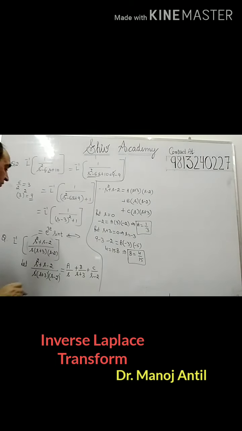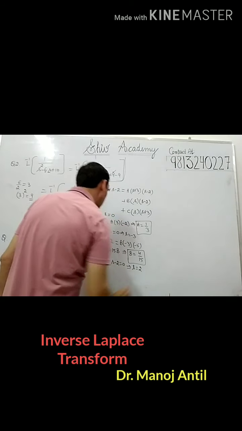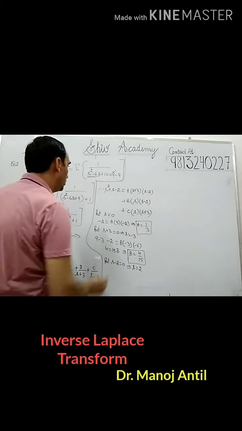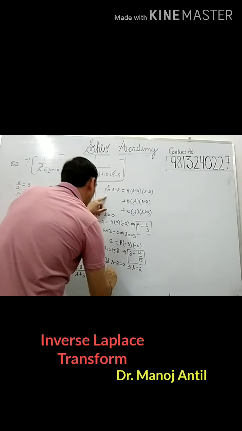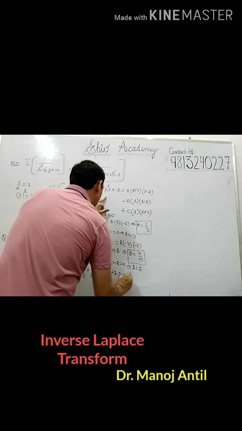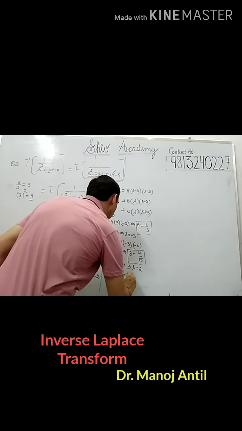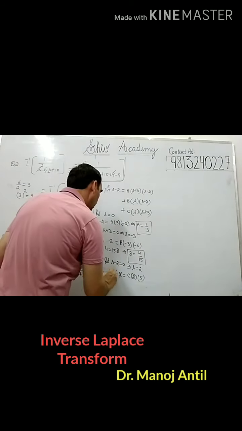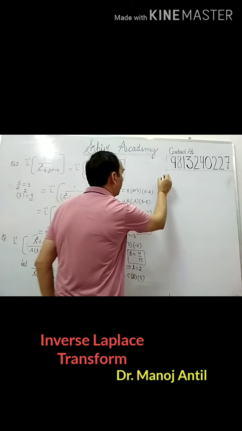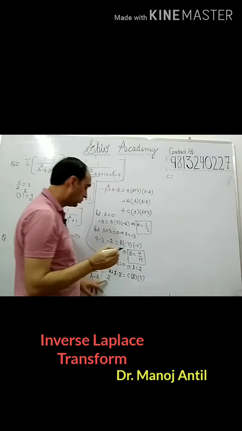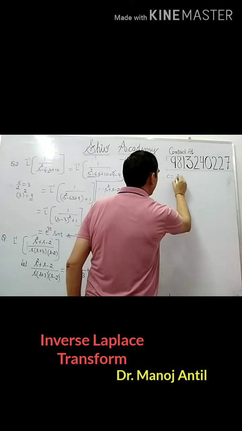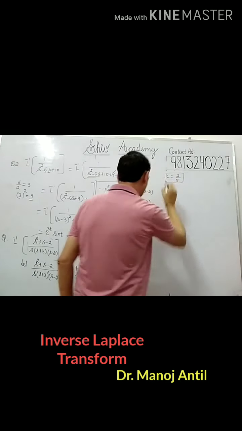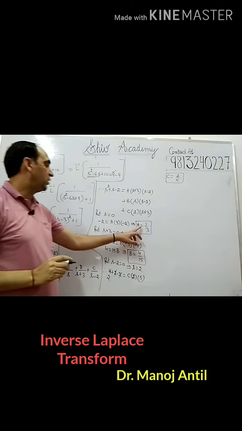And dear students, to find the value of c, what do we do? We put s equal to 2 now. So we first put s minus 2 equal to 0. So from here what do we get? s equal to 2. So when we put s equal to 2, here we get 4 plus 2 minus 2, which is equal to this one 0, this one 0. So here we put 2 in c into 2 into 5. So 2 cancels, 2 2s are 4. So c is equal to 2 by 5. So this is the third value. So we get the values of a, b and c.